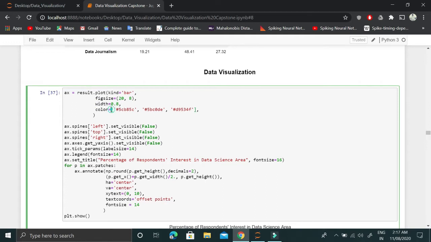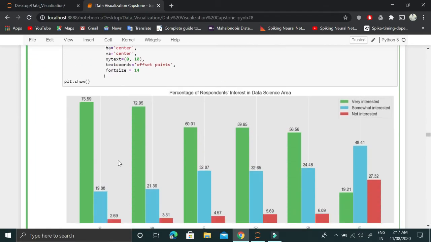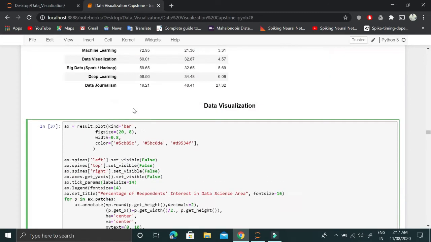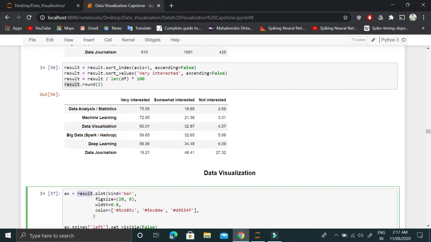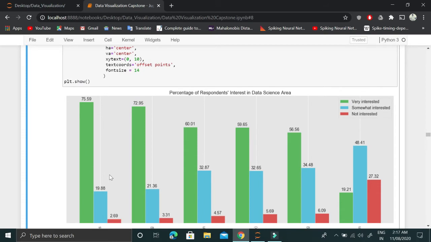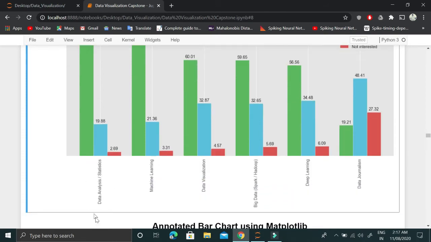And then we are using a color for each of the different bars. These are color codes, and you can search these different color codes, and you'll find out that these color codes are green, blue, red. Now there is one more thing: we are saying to draw a bar plot, but internally this plot function is looking at the result data frame and finding out the total number of columns, and based on the total number of columns, it is generating these three different kinds of patches for each of the subjects.